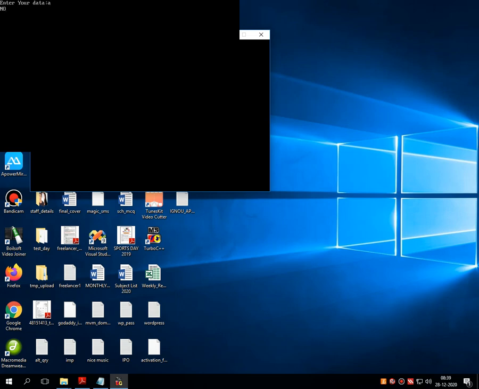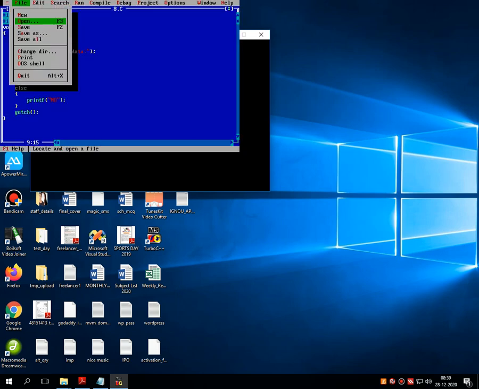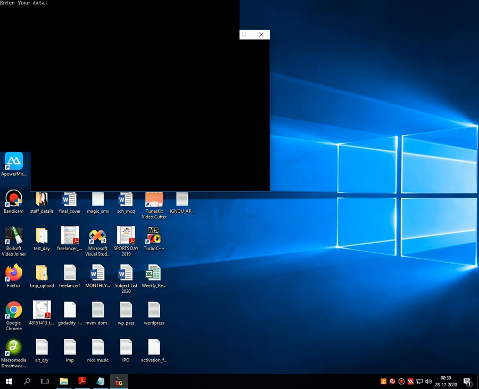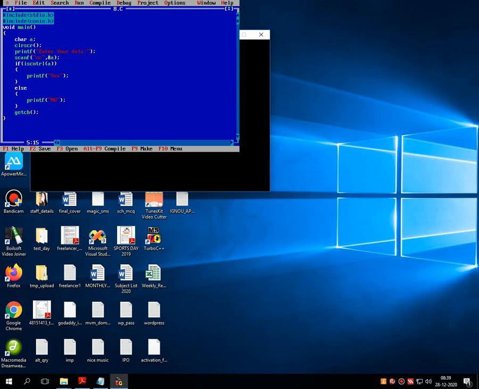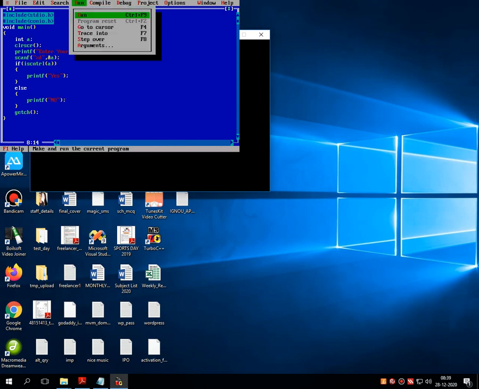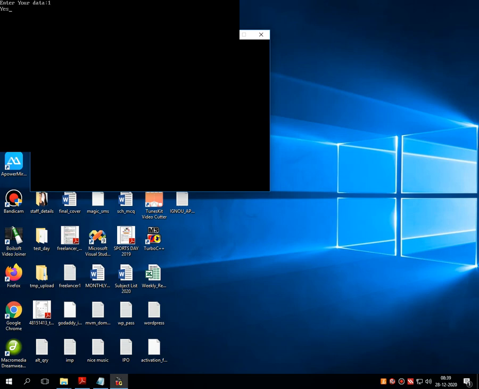Say for example, suppose I am entering one single character, then it returns no. Now instead of this character I am entering 1, and even then it returns no. And for a combination of these two, and by changing the data type, here I forgot to change the data type, it returns yes.